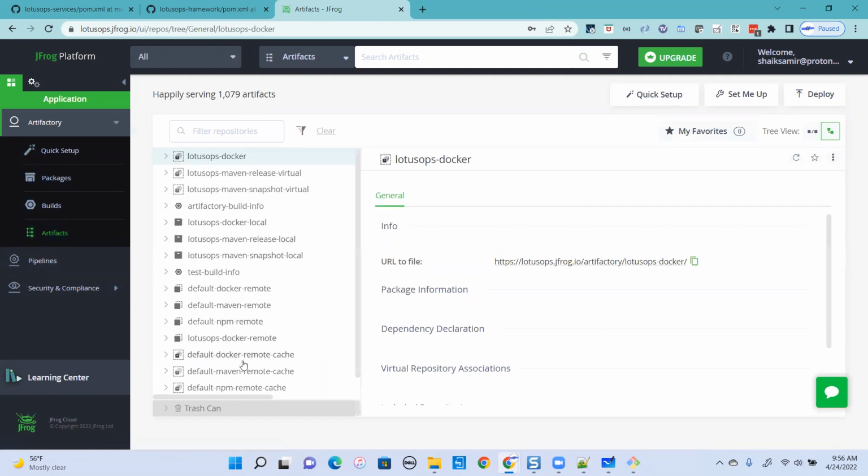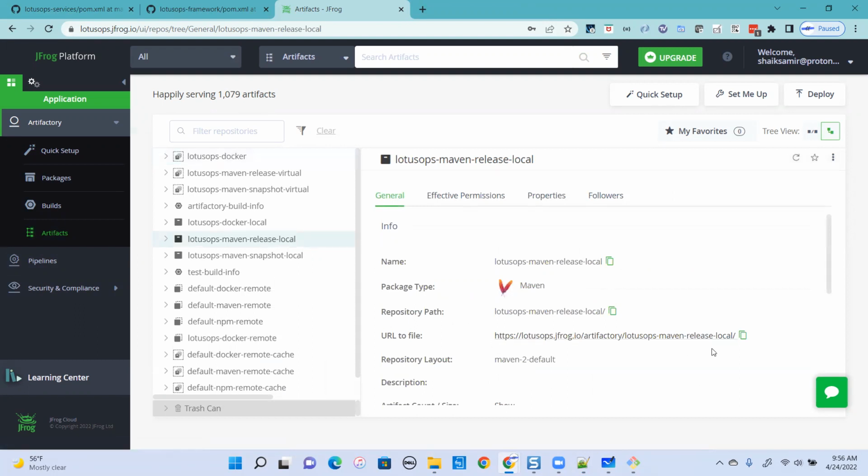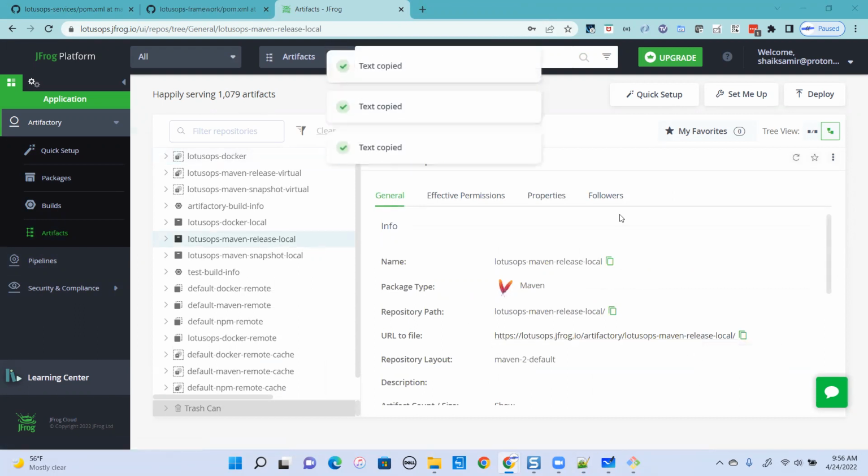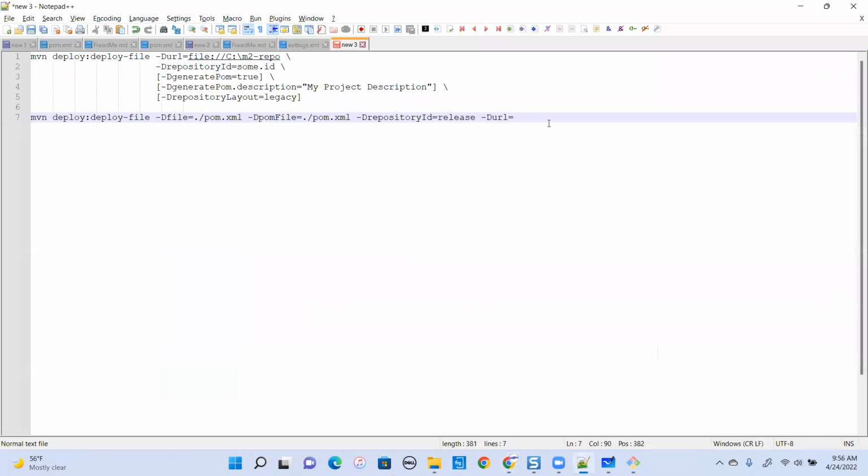I'll go to release local, where you see here. And I'll copy this and put it over here. Make sense? Any questions? The thing is, now since I'm deploying it to release local, I have to make sure